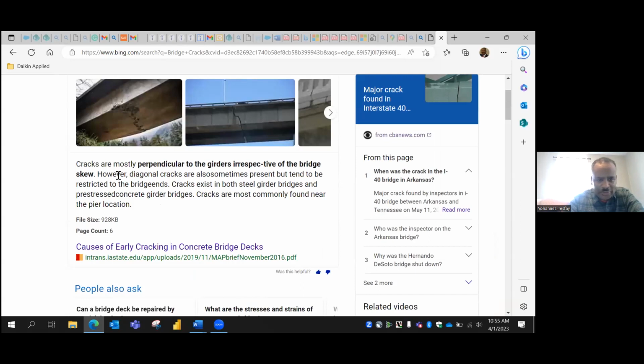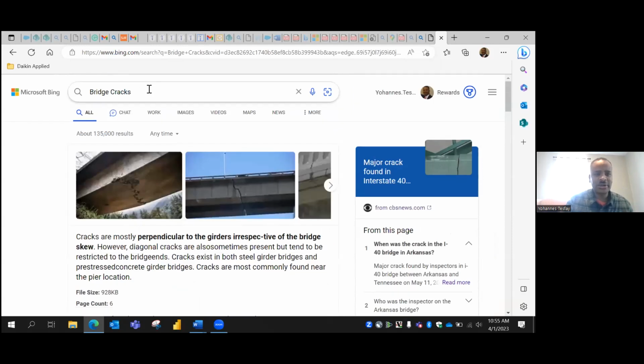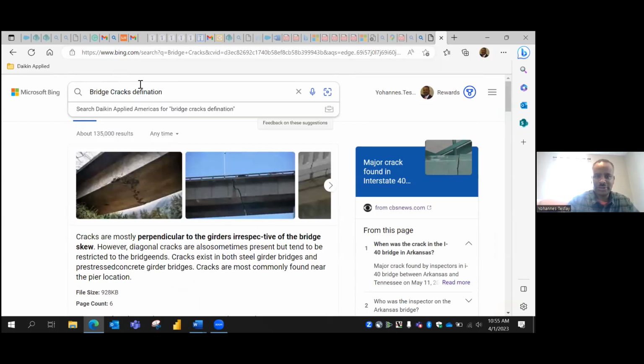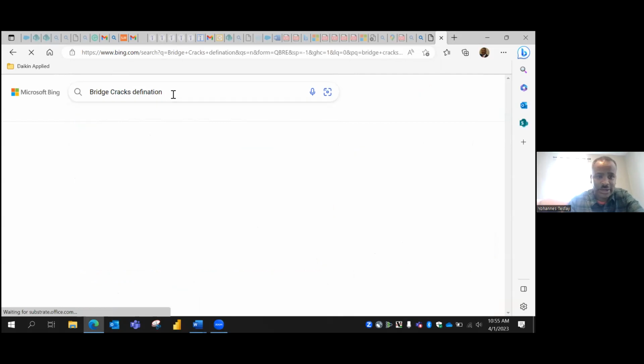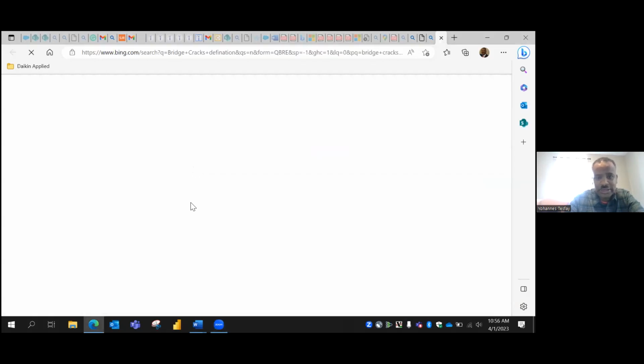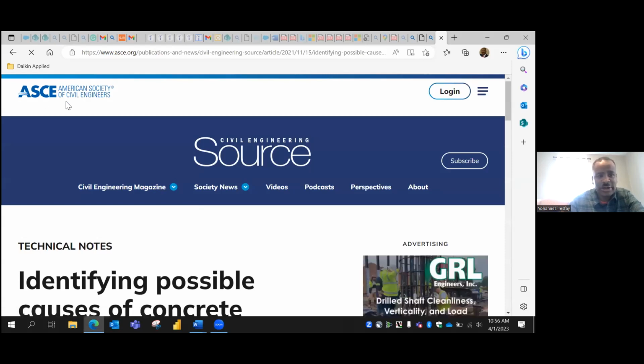This one, however, the diagonal cracks, on the crack definition, background actually in the background definition. Because what you are talking about, what is it called? So see how they define crack. Okay, American Society of American